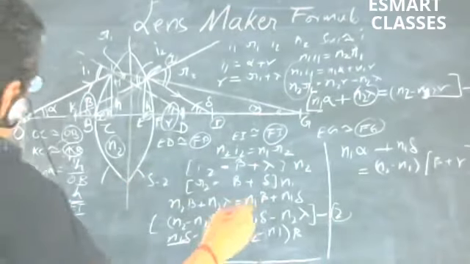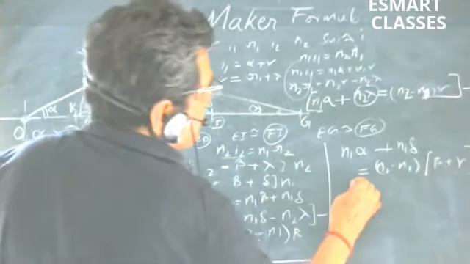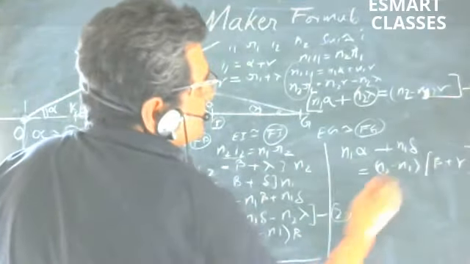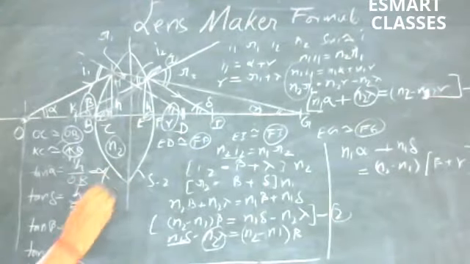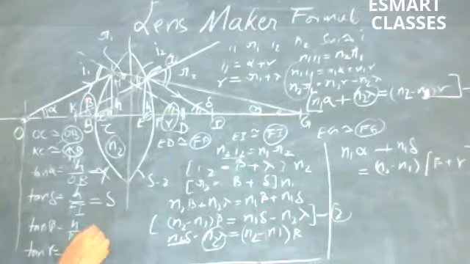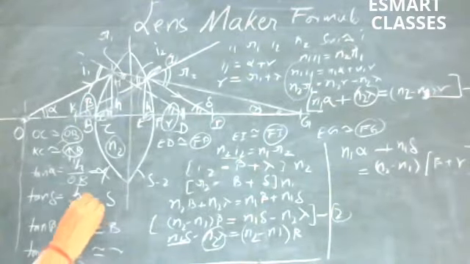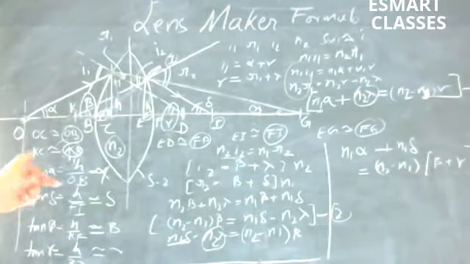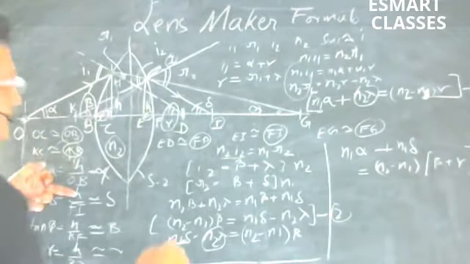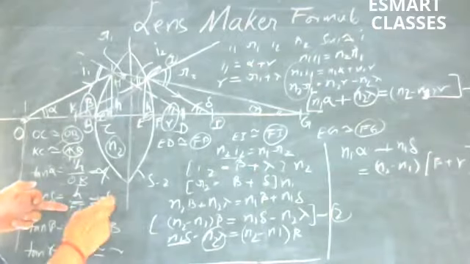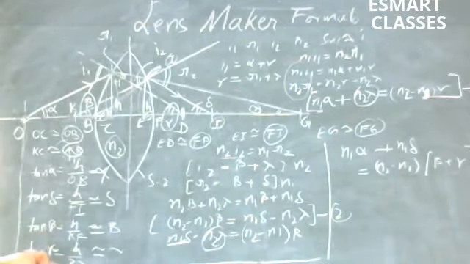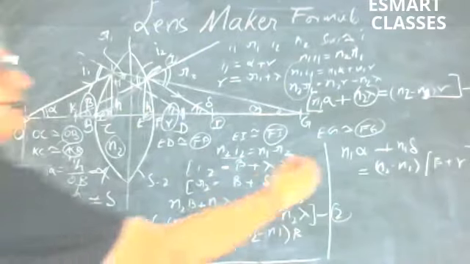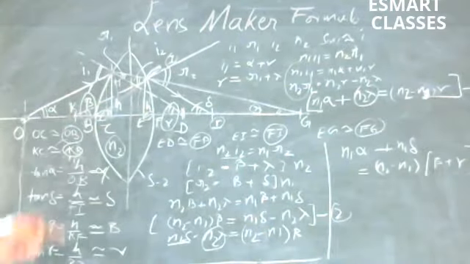H will get cancelled. So finally we get alpha, we'll take that side. Alpha is tan alpha. Approximation we have to do. This is another assumption, beta, and this is gamma. Approximation we have to do. So alpha will become H upon OB. Delta becomes H upon FI. Beta is H upon KF. Gamma is H upon BD. All are having H. H gets cancelled.